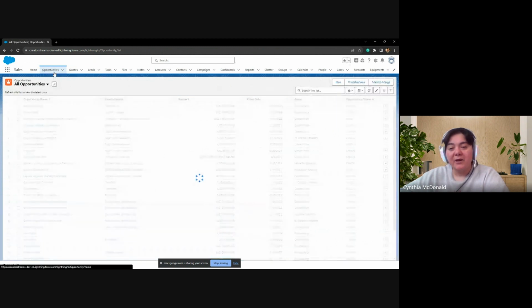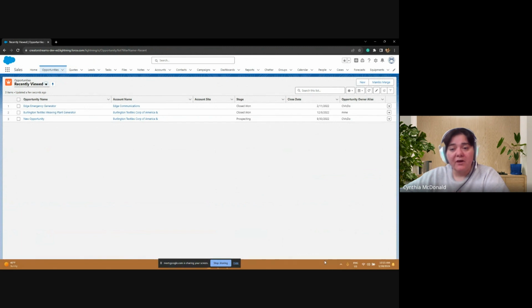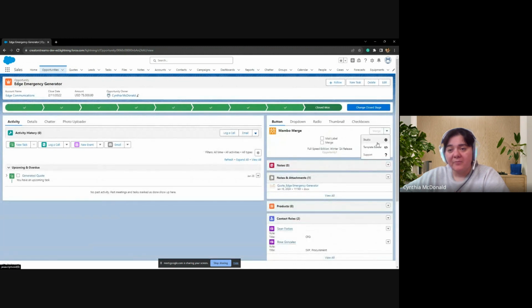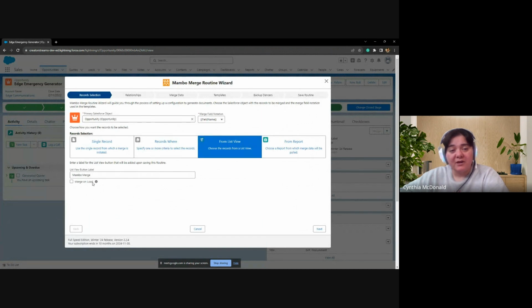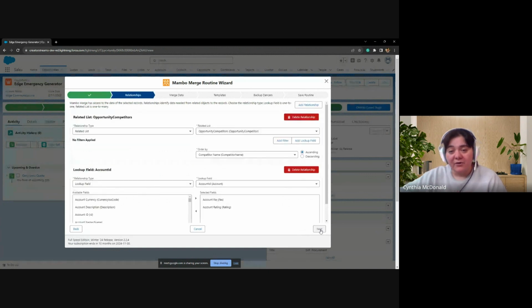So I want to talk about one item that I did mention. We did go back to that component. So when we pull up our list view, there's that merge on load. Now this thing works really great when you select this merge on load and you have a checkbox display type set. So what that does is it's going to merge all of them. If I chose to have just a button, it'll merge the first one. But because I've chosen checkbox type for my display and I select this merge on load, and we'll go all the way through